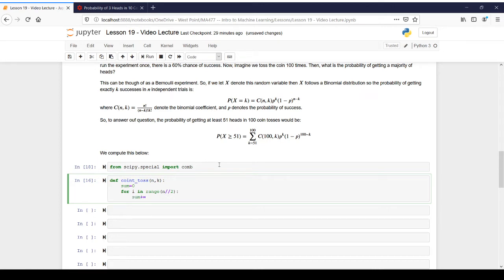And we have to increase the sum. Sum may be a function already defined, so I'm just going to do it as count, ct, so I'm not overriding something. Okay, so then count is going to be